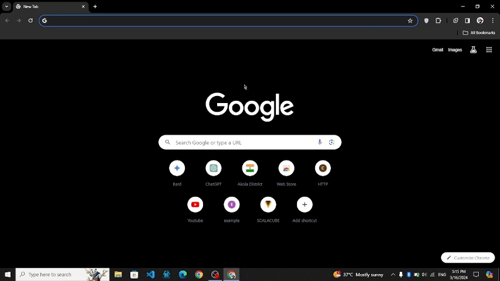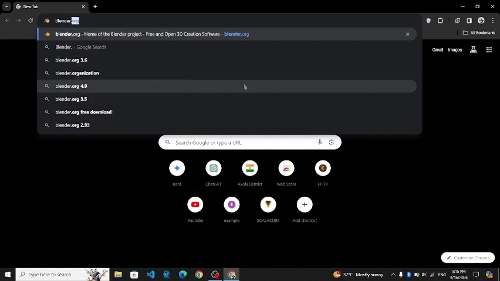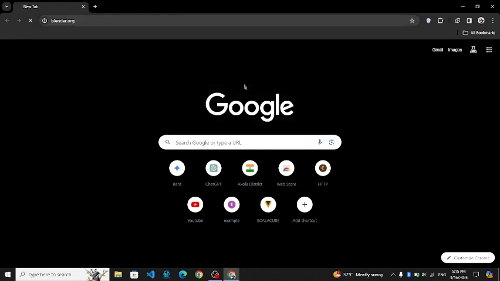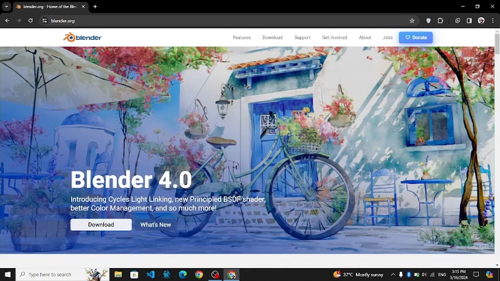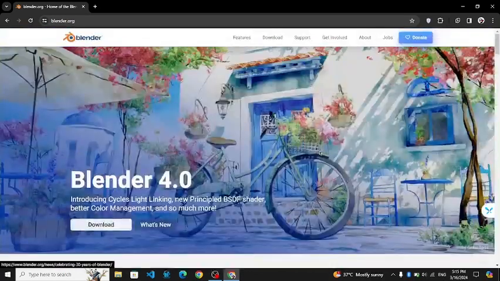blender.org. Then hit enter, and it will go to blender.org, where you can download it. I probably use Blender 3.6 and I recommend